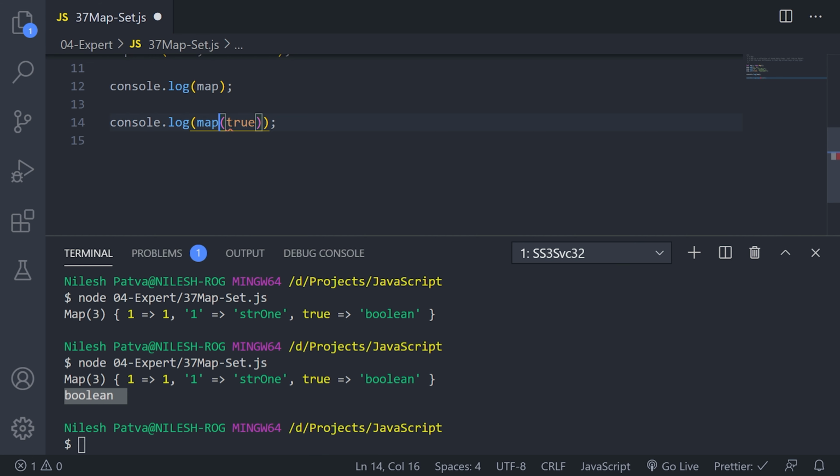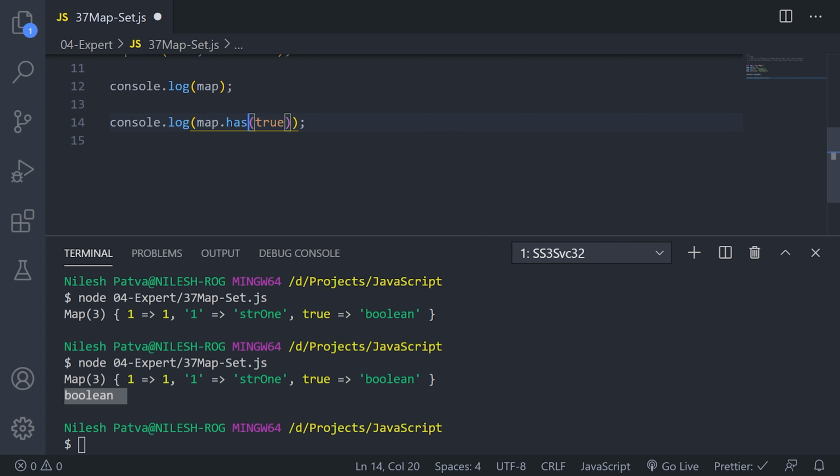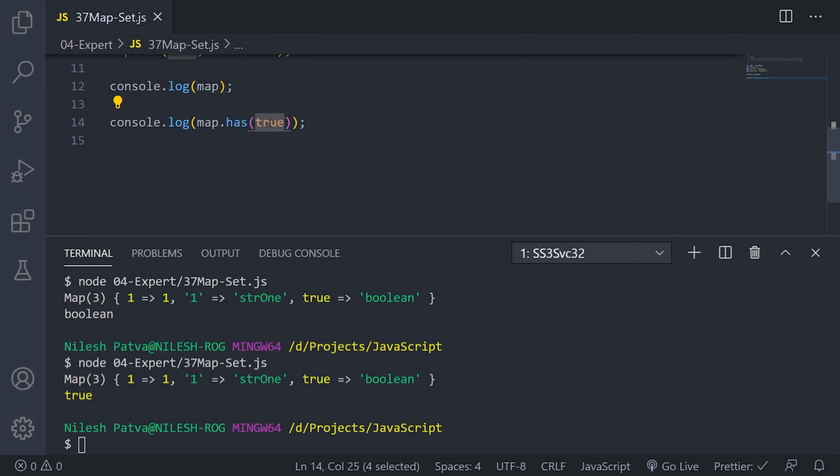You can also use has. If you check here, the map.has method is there. If I run this, it will return whether this key is there or not. Let me type something like this. The string true is not inside my map, so if I run this, you can see it prints false. That is what the has method does. And if any value is not there, the get method will return undefined. Let me just show it to you. If I run this, it returns the undefined value. So that is one part.